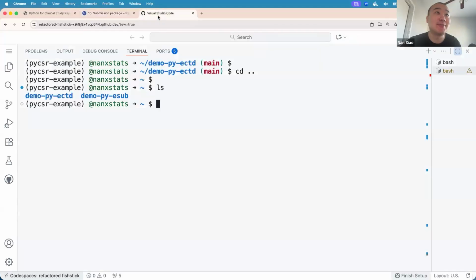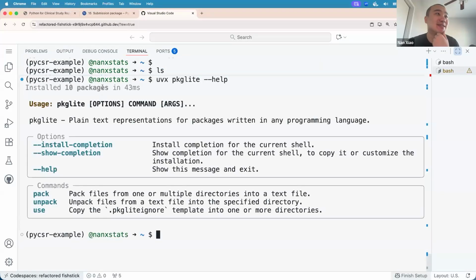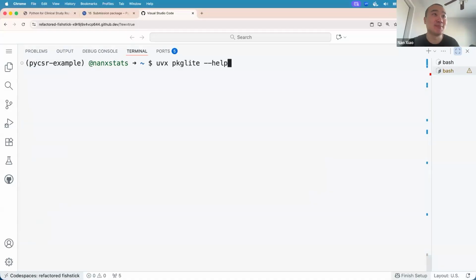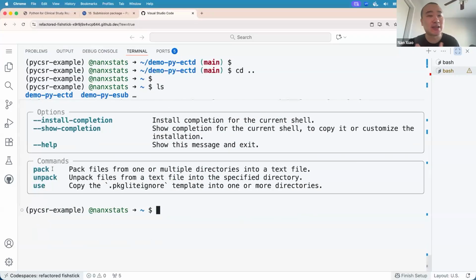So like I mentioned, we can use uvx to run Packlite directly. As you can see, there's some lightweight installation happening, although this has also been just run in memory. And you can see some of the input and output commands. There are only 3 commands currently: packlite use, packlite pack, and packlite unpack, right? Just exactly implementing the ideas I mentioned before.